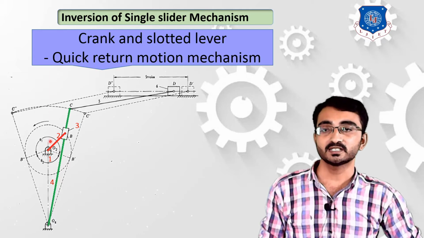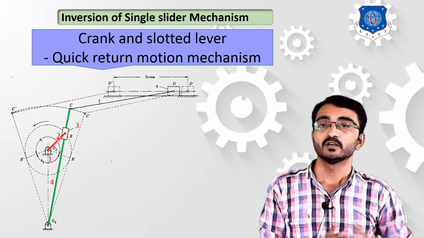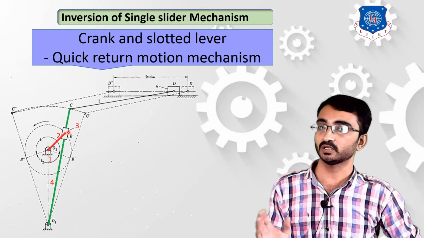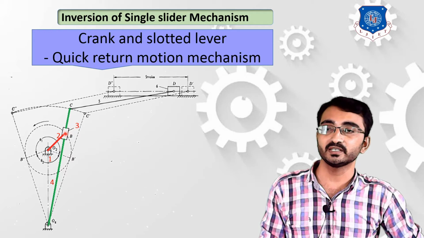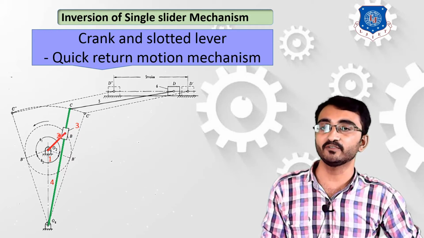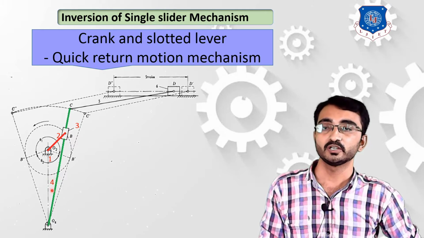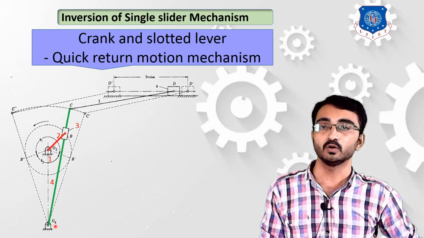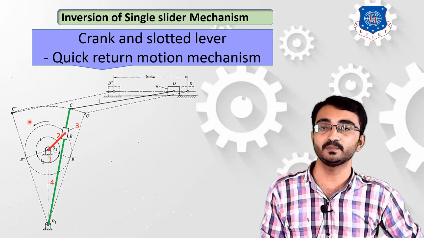At the end of this link number 2, that is at the end of this crank component, we are considering the third link, which is your slider. As you can refer, this slider is placed in such a way that it is at the end of link number 2 and it is inside your link number 4. Your link number 4 is your slotted lever. This lever is oscillating with respect to this fixed point O4. So with respect to this fixation, this lever will be oscillating.